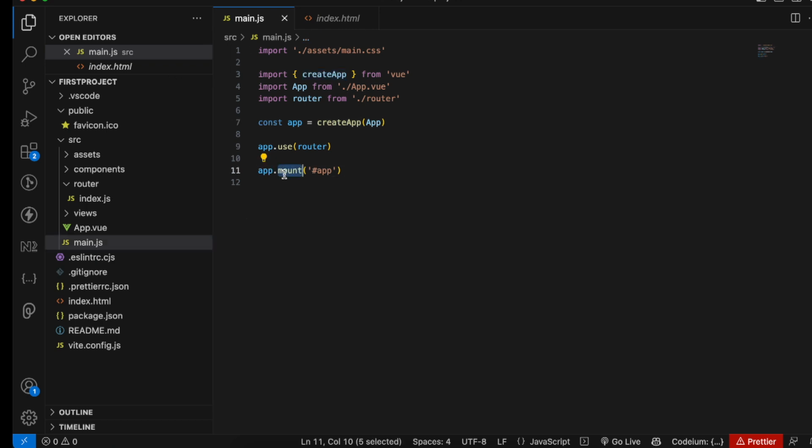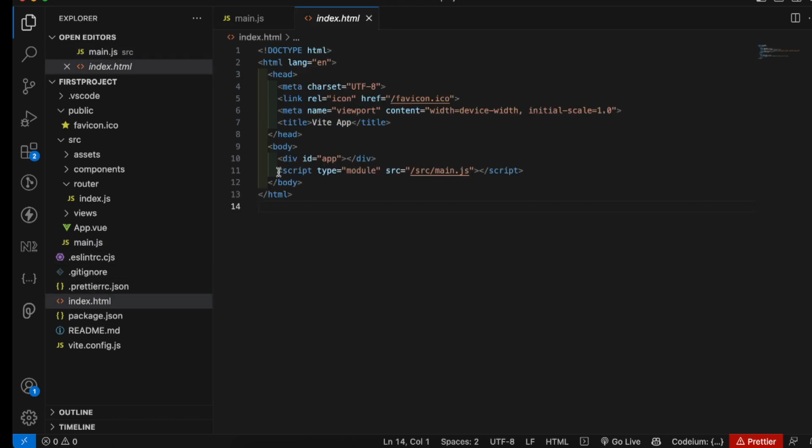Everything we write in our Vue.js files will be mounted using this ID. This code will be injected into our index.html using this ID, and after that we are adding this